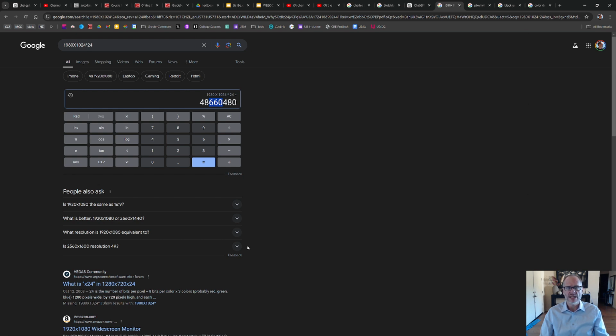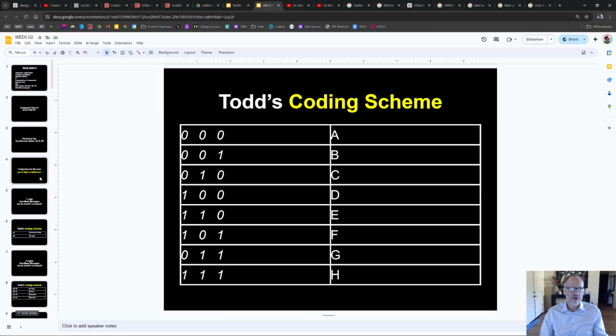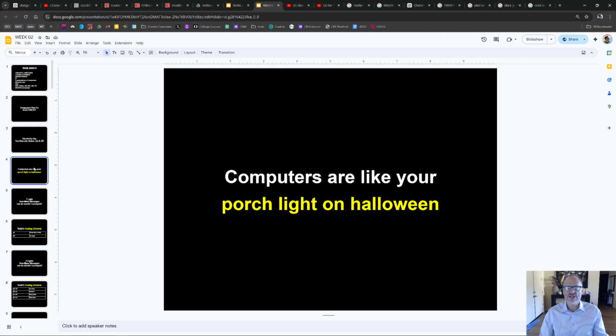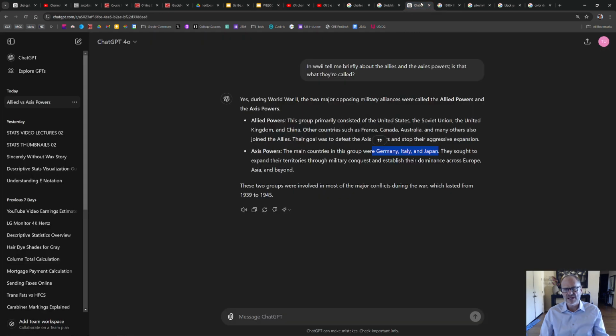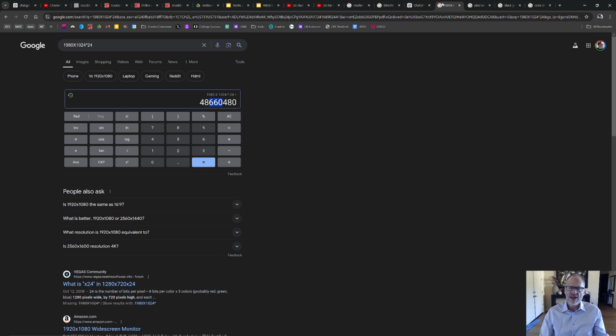So that starts to give you an idea of how powerful computers are. It's all like your porch light on Halloween, right? It's all circuits or switches in some on-off state, and then we associate that on-off state with a coding scheme. And for colors, we say, okay, if it's in this arrangement of on and off, it'll mean this color, and we're going to apply that color to this pixel. We're storing 48,660,480 circuits, switches in on-off states to store all this information that you're seeing on the screen right now